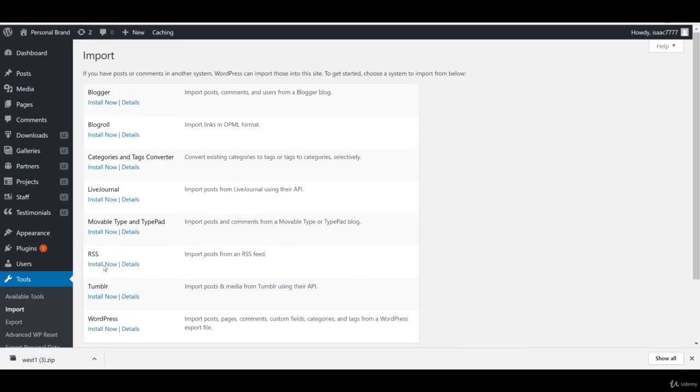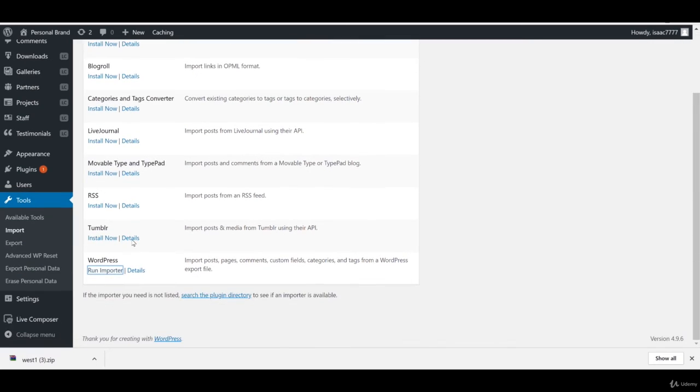Now you want to go down to this area here called WordPress and hit Install Now. This is going to allow us to run a special importer program that will allow us to import the demo content for the site. So if we hit Run Importer,